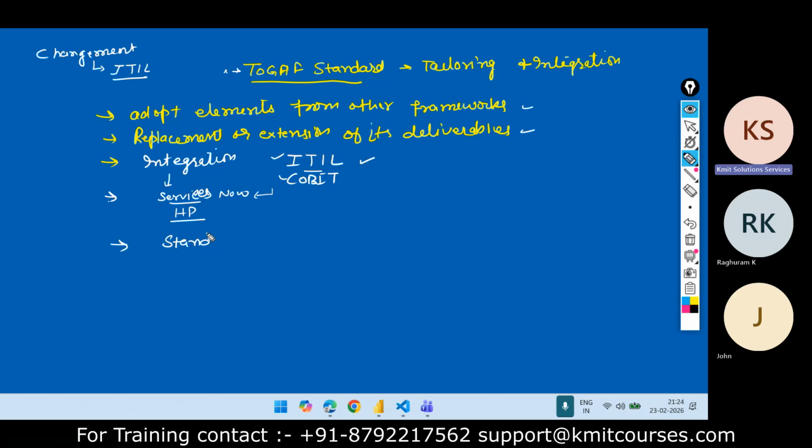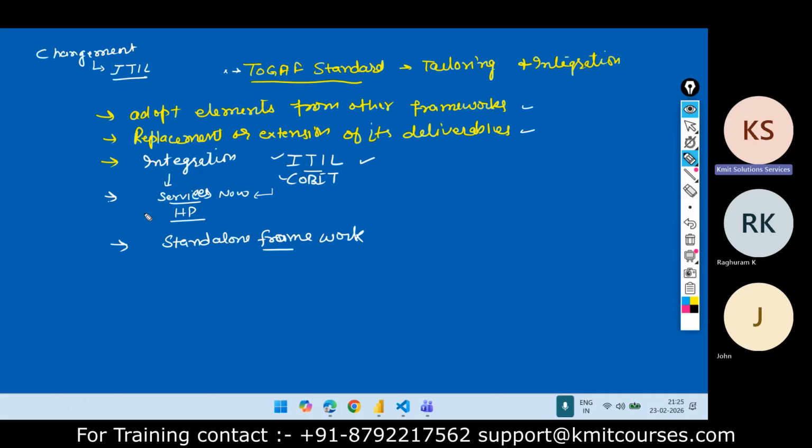Not only that, you can use the TOGAF framework as a standalone framework. It means this is a single framework with whatever processes are defined in it. You don't want to integrate or tailor it. So that can be used as a standalone architecture. Right. So these terms are required to know.